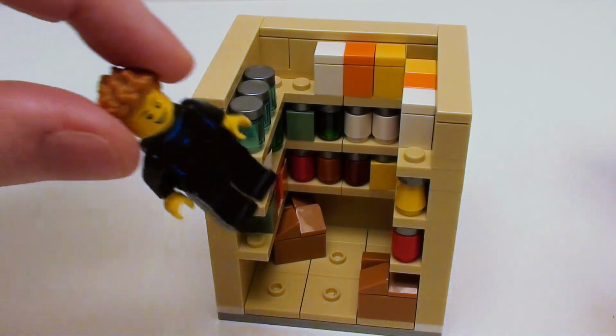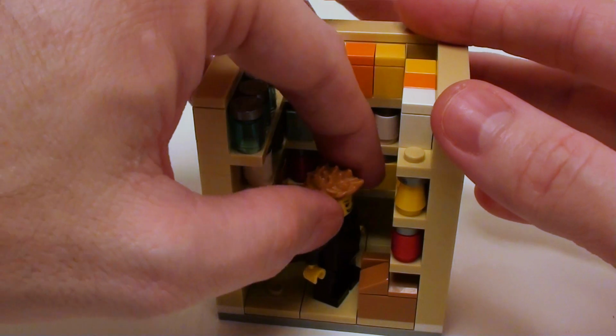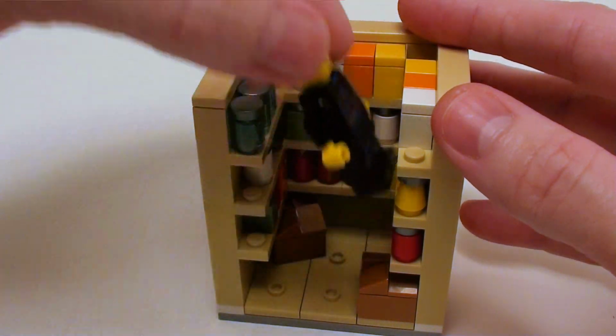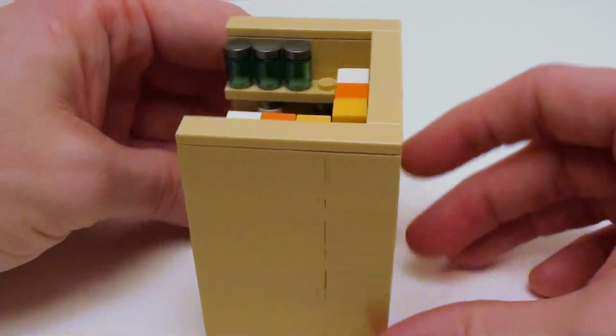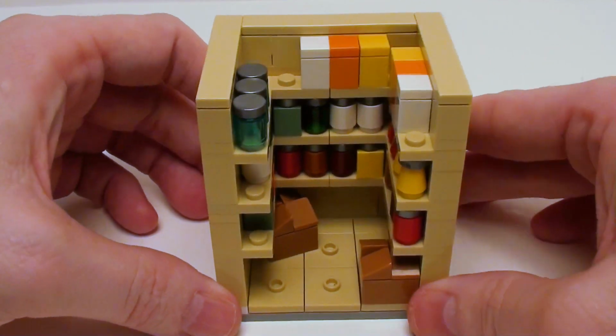Here I have Jay the Surfer. As you can see, he can easily anchor down on the jumper plates, and he can just look at the stuff on the shelves. This is just for visual appearance. It really doesn't serve any function except just to fill in an open space in a kitchen,